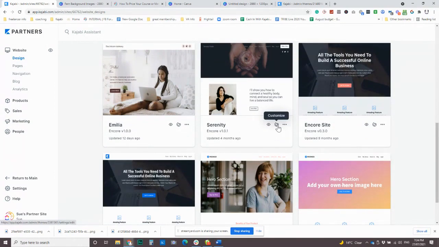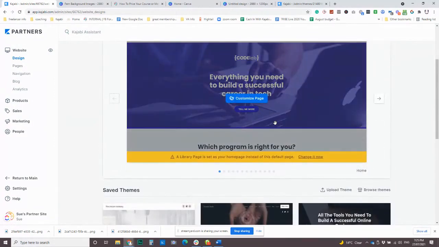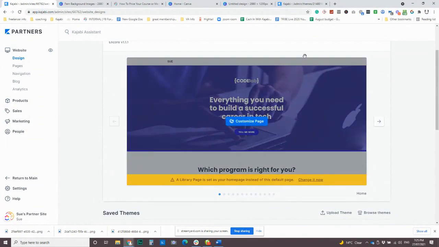So if you just want to get something up quickly and then change and play around with a different design, you can absolutely do that as well. So we're going to go into customize. Now, one thing to know in this website area, I must say I'm not a fan of how this is